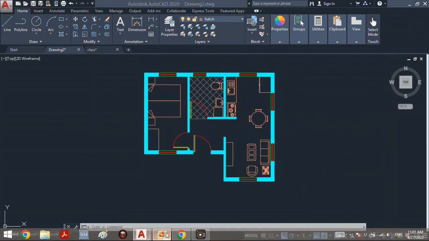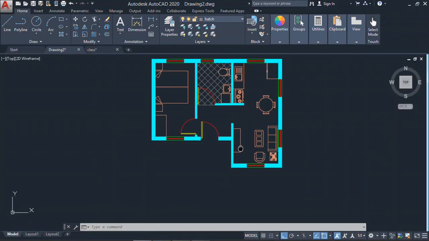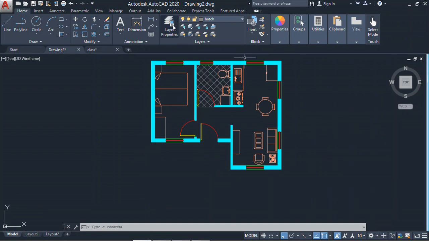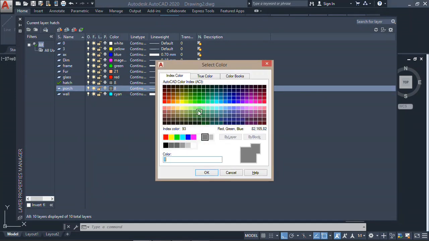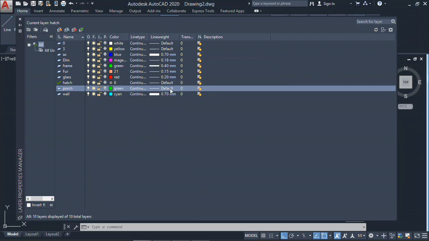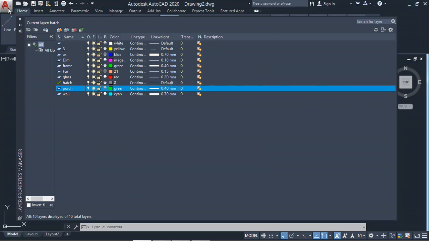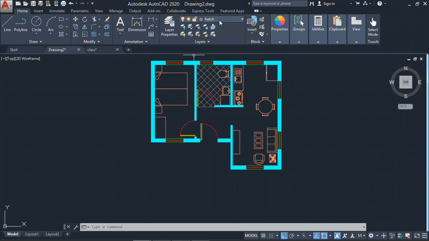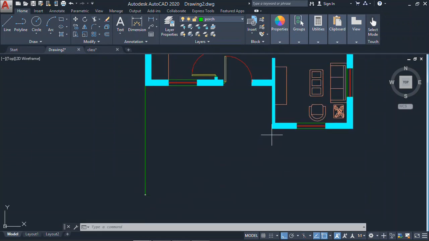So as you can see, this is what I wanted to draw. We don't have this here, but I just prefer to do that. We have a porch right here, so just easy, another layer, call it porch, and I'm gonna go with green. I'm fine with green. Set the thickness, I'm gonna go with 4, and the line type is continuous. Remember to just click on this one. So I'm just gonna draw 2 lines. As you can see, they are very big, and just use the command fillet, F space, to fillet these two